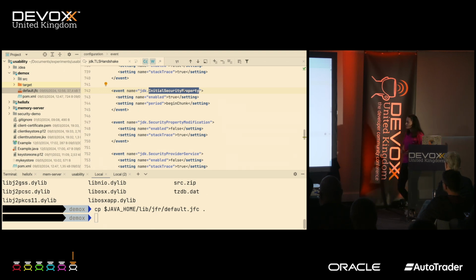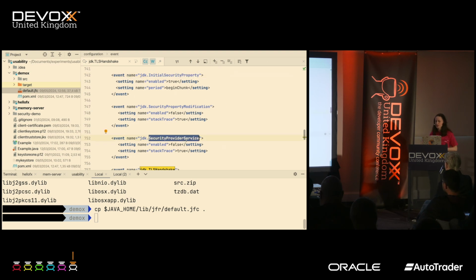And in addition to this one, you can also check the security provider service invocation with the JDK security provider service. So in JDK 20, there were two of them that became available to investigate more about the initial security properties and the provider service invocation. The first one is enabled by default, while this one is disabled by default. You can enable it in your profile using JFR, or you just copy the profile and edit the XML, like I could do it here as well.